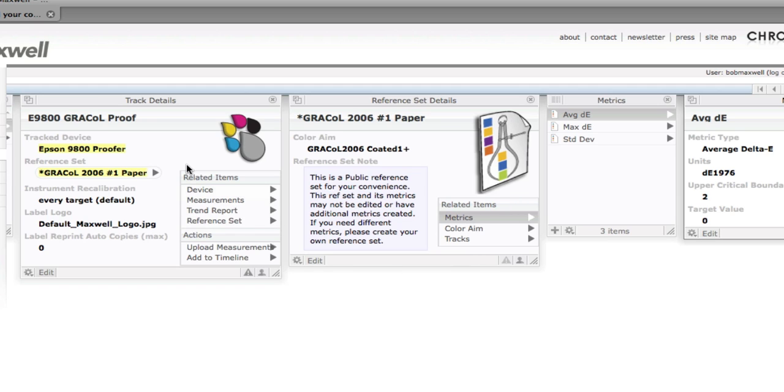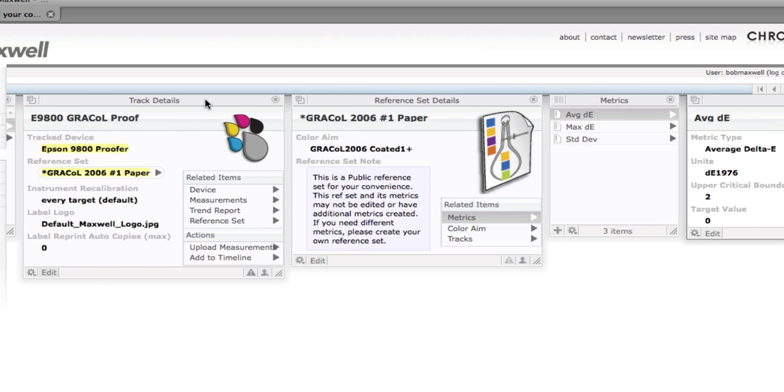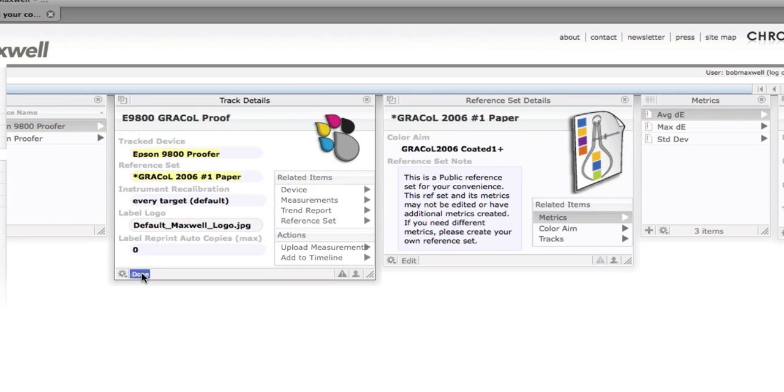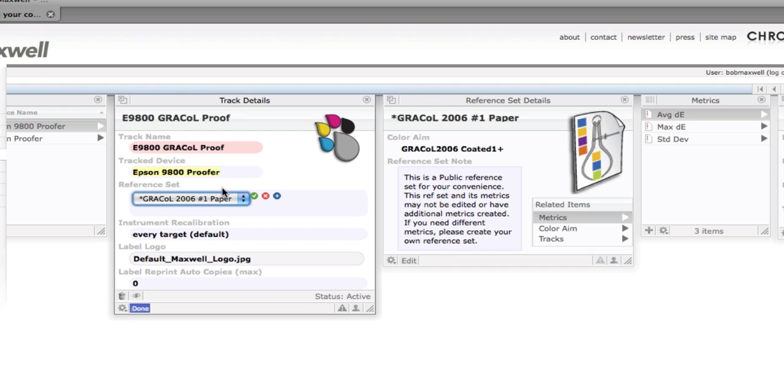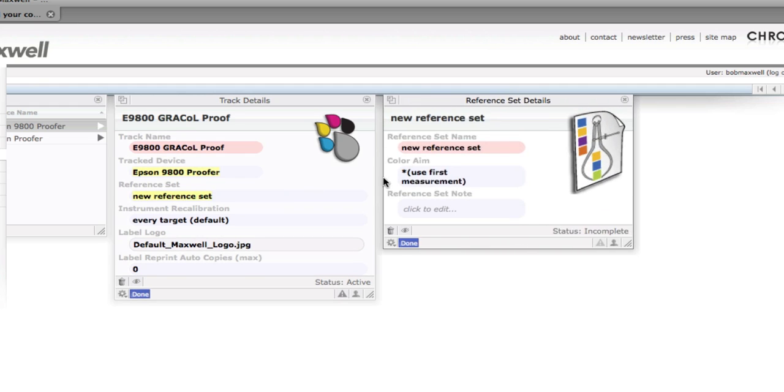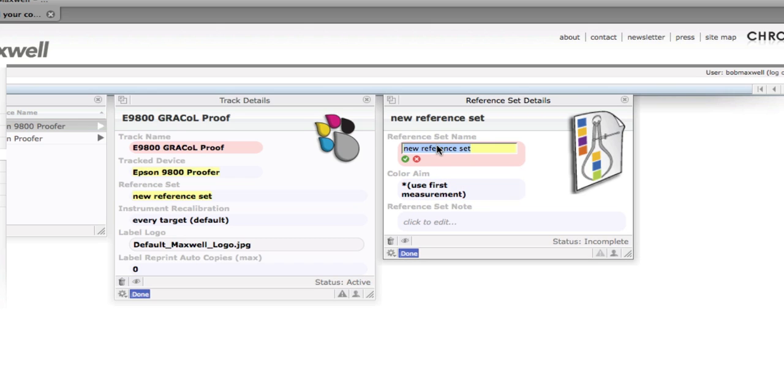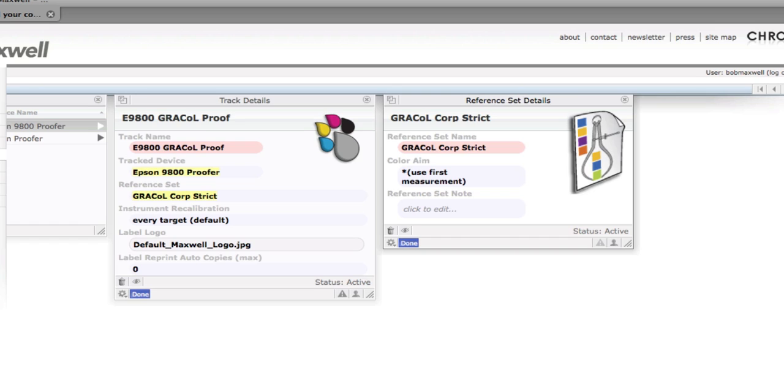So let's take a look here. What we're going to do is make our own reference set. So I go back to the track, and then instead of selecting something out of the list, I click on the plus button, and that will make our own reference set. And for our own reference set, I'm going to also call it Grackle, but I'm going to call it Grackle Corporate Strict. The reason I use a word like strict is you may have one set that has some really strict tolerances, and you use it on a certain set of devices, like maybe your proofing devices, that kind of idea. And then you may have one that's less strict, where the tolerance is a little wider, and you still want stuff to pass, but you're